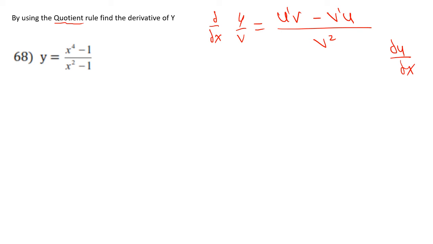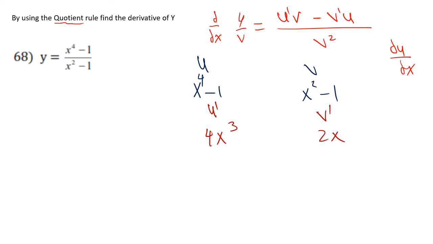So we assume u is x to the power 4 minus 1, v is x squared minus 1. u prime is 4x to the power of 3. v prime is 2x. So y prime is equal to the square of v